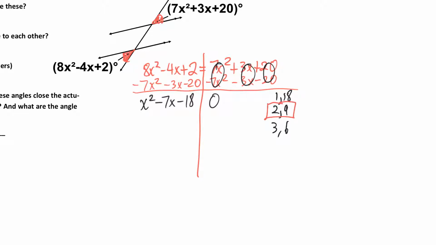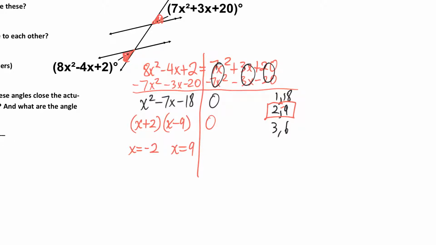Is 2, 9. And the 18 is negative, so I need one of those to be negative, and I need to get it to a negative 7 when I add them. So which one needs to be negative? The 9. 2 times negative 9 is negative 18, but then 2 plus negative 9 is negative 7, so that's it. So x plus 2 and x minus 9 equals 0. So x equals